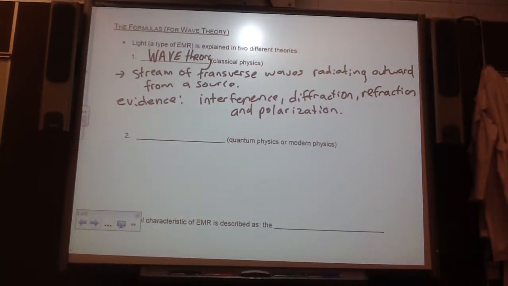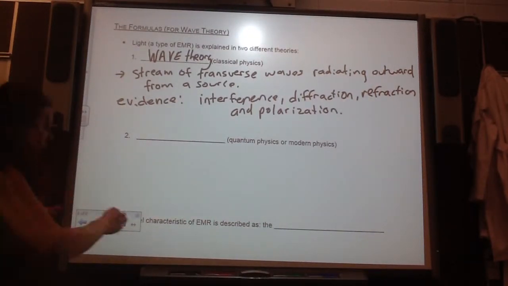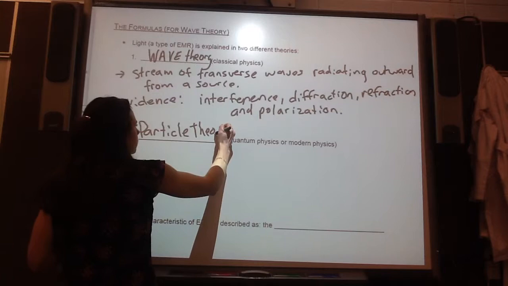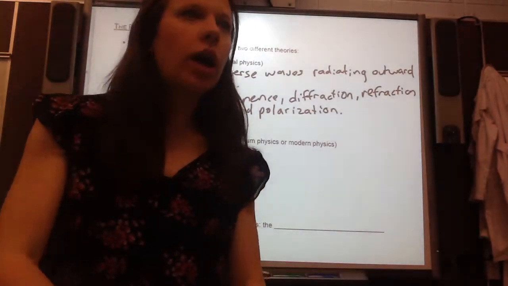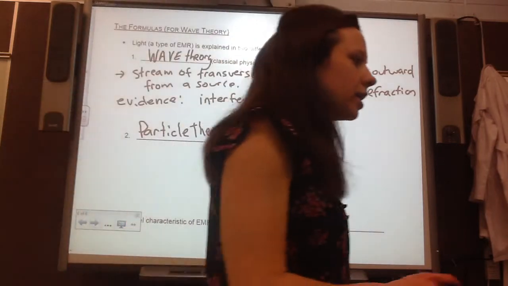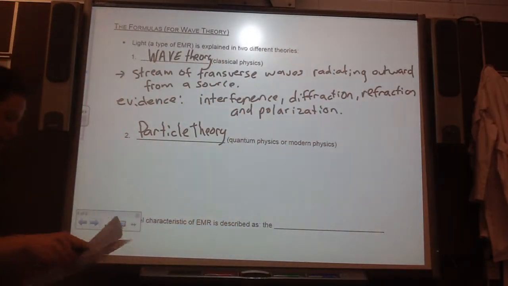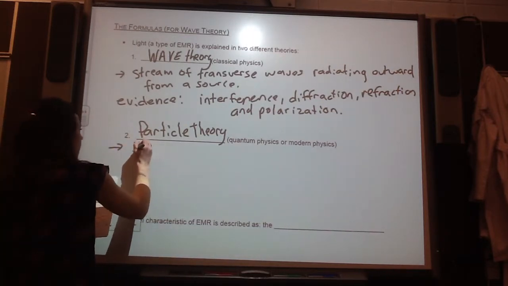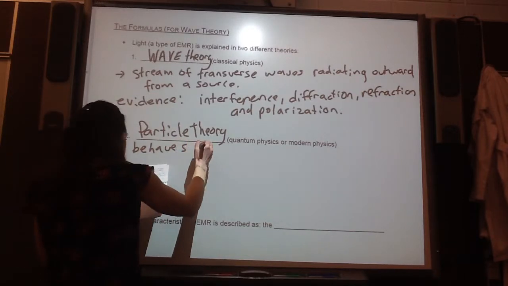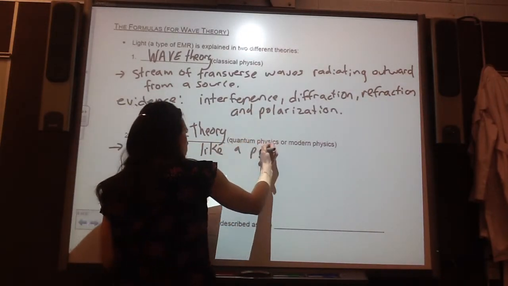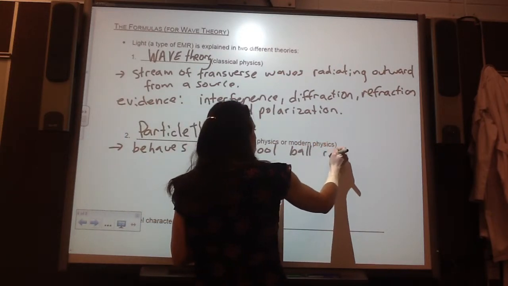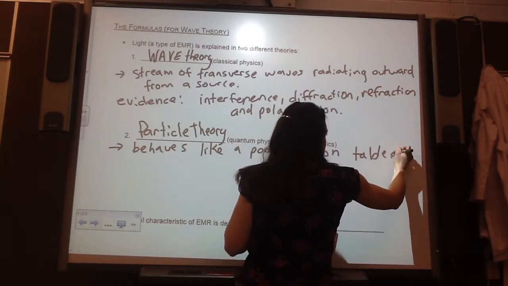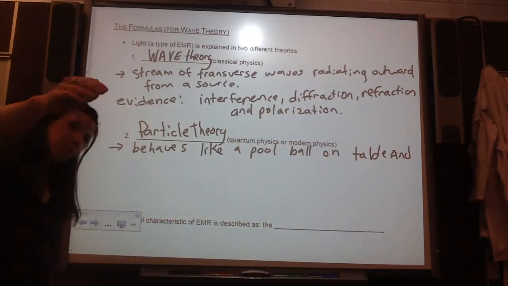This is the particle theory. Okay, particle theory. And this is quantum physics or modern physics, okay? It is all about quantum and particle theory. So with particle theory, the way I want you to think of it is to think about it behaving like a pool ball on a pool table, okay? And when you think about a pool ball, it can bounce off the sides